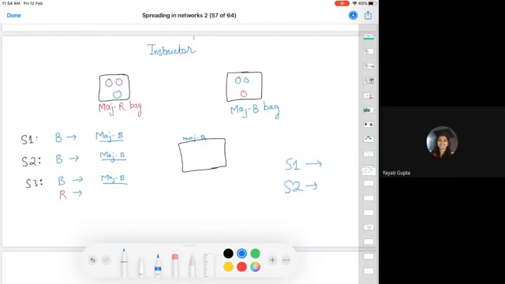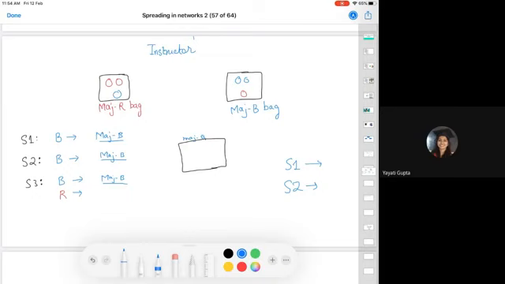when he sees that student 1 says that it's a majority blue bag, he's sure that student 1 has also seen a majority blue bag. For sure he knows. Similarly for student 2, he said that it's majority blue. So again student 3 is sure that he would have seen a blue ball. If student 2 would have seen a red ball, he would have said it's a majority red. He would have gone with his own signal.